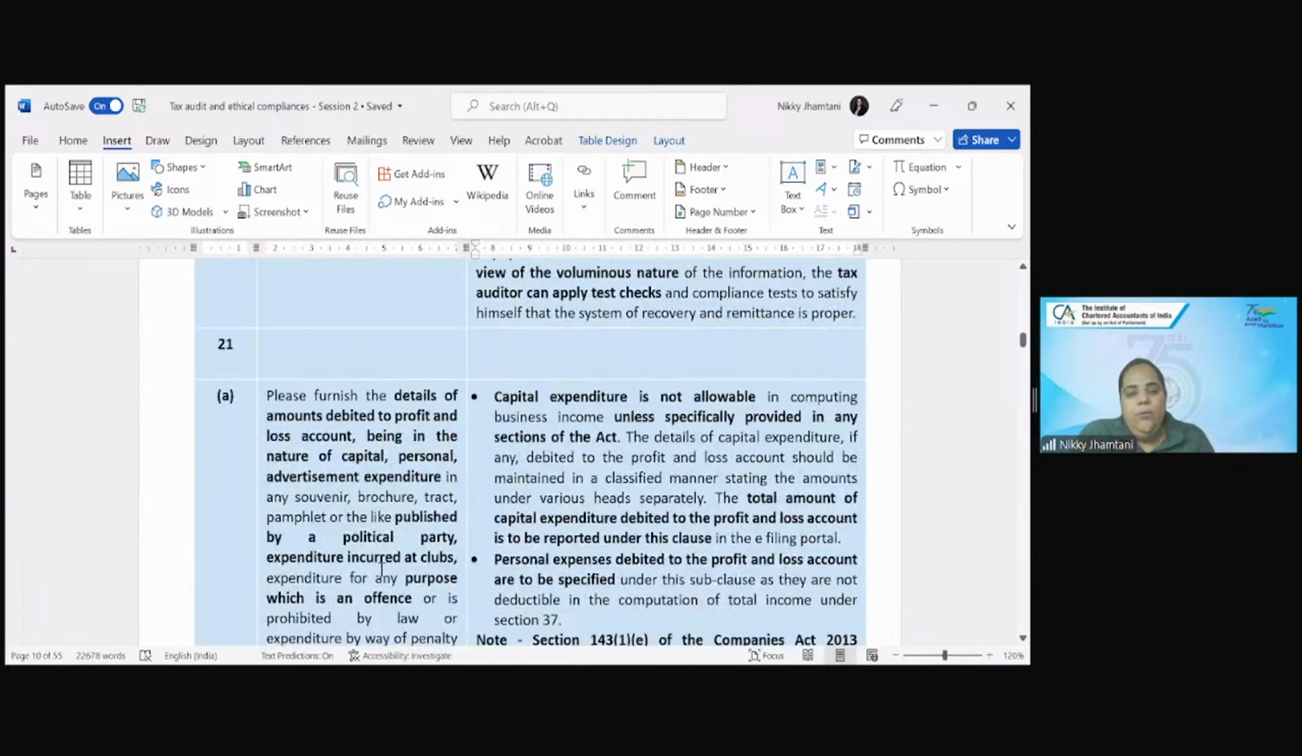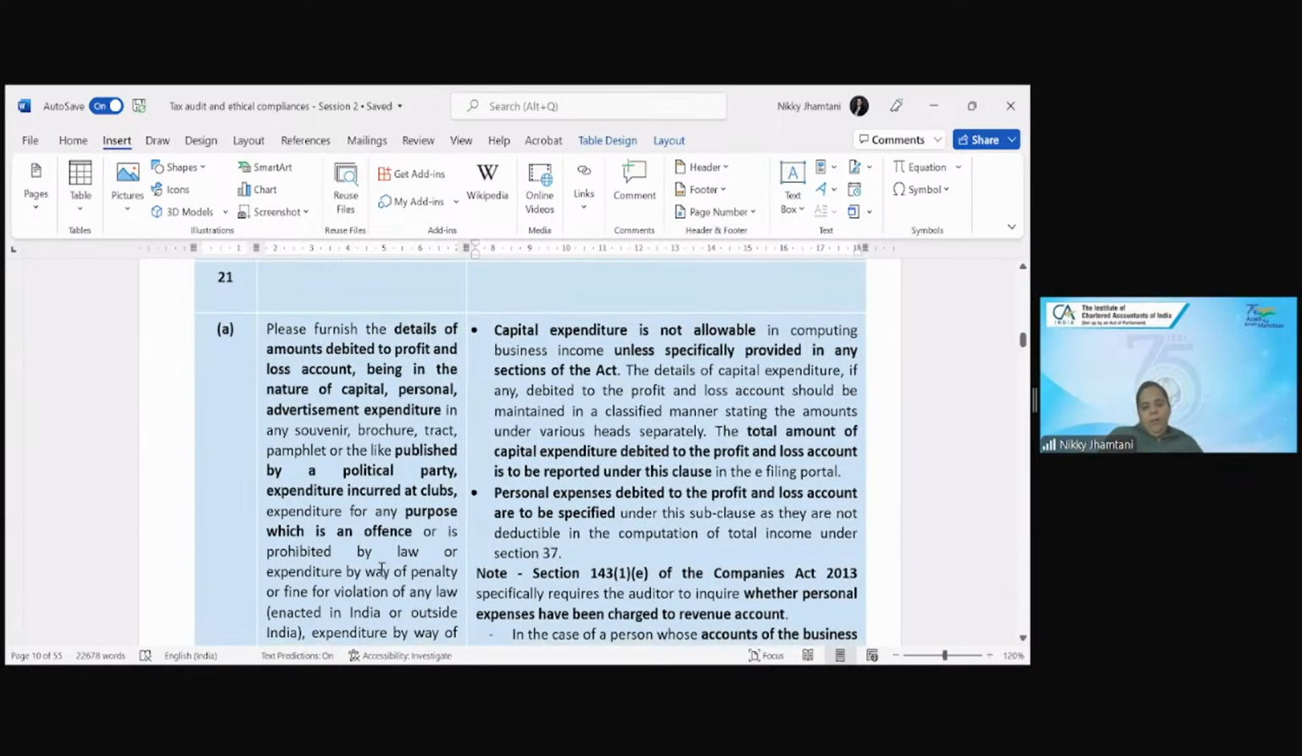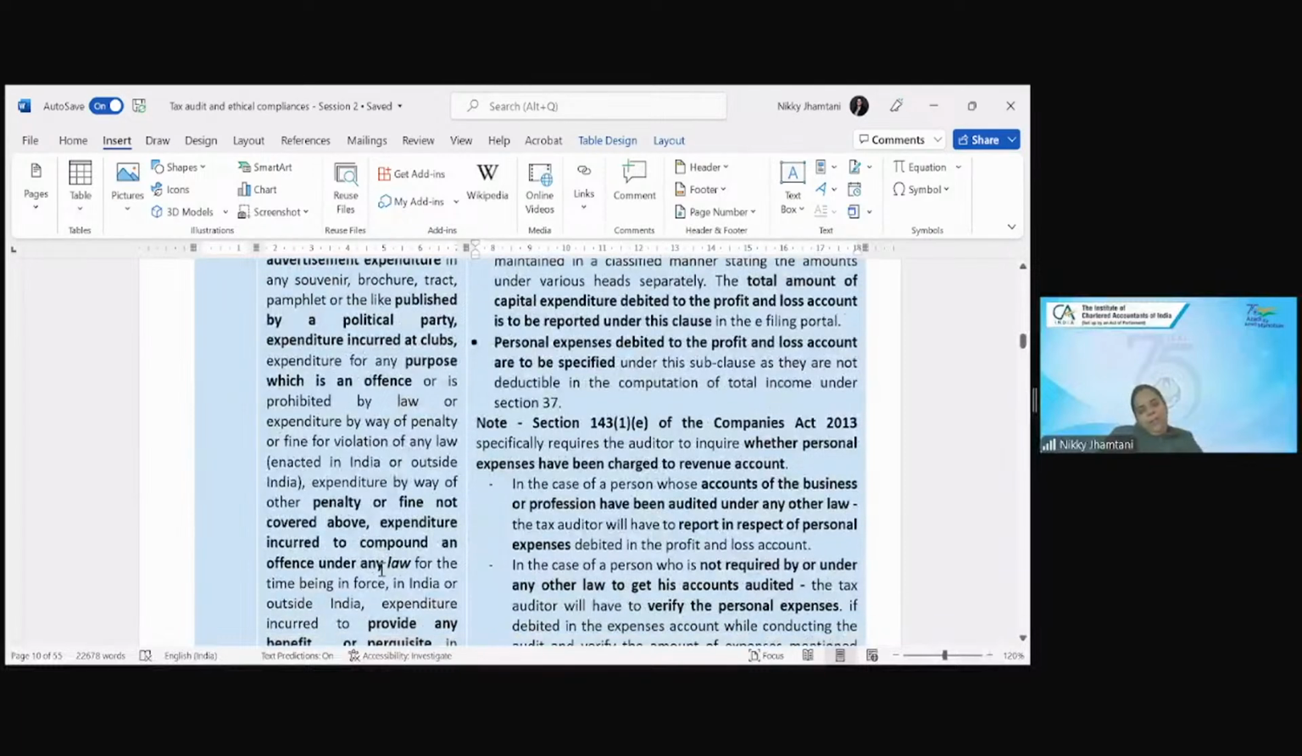Then let's move forward to clause 21. It deals with the details of amounts debited to the P&L being in the nature of capital, personal, advertisement expenditure in any souvenir, brochure, tract, pamphlet, or the like published by a political party, expenditure incurred at clubs, expenditure for any purpose which is an offense or is prohibited by law, or expenditure by way of penalty or fine for violation of any law enacted in India or outside India,